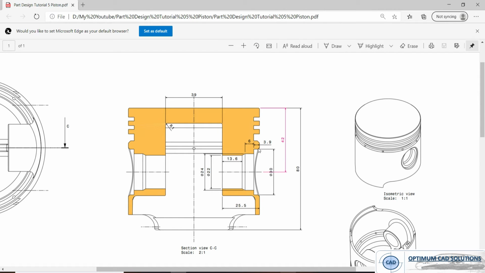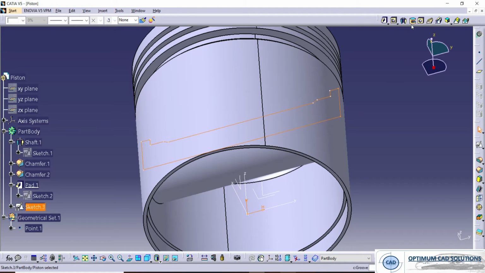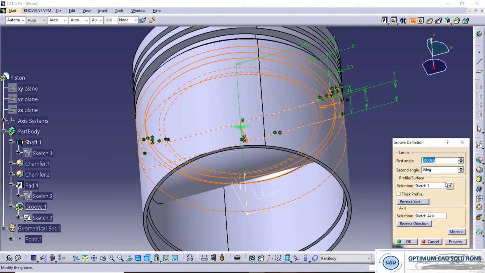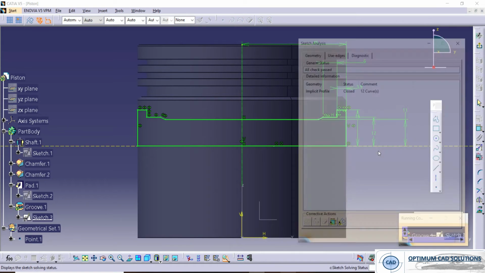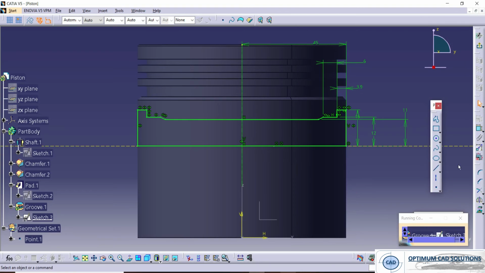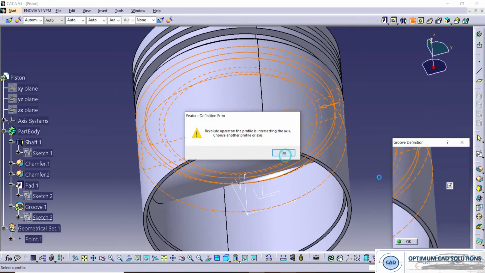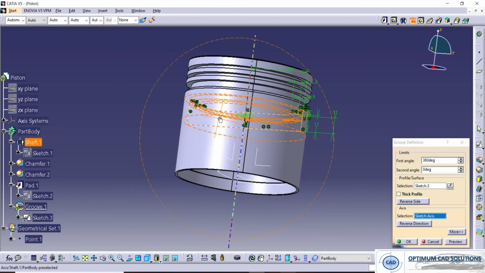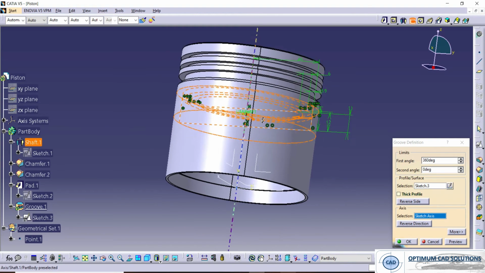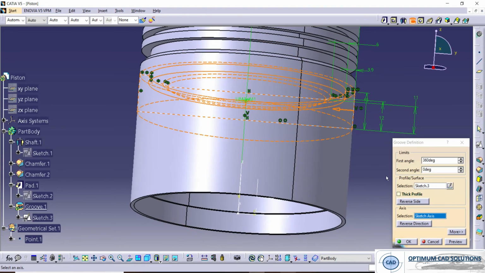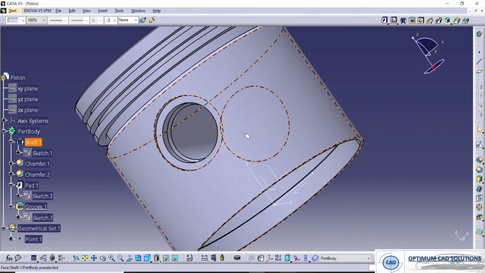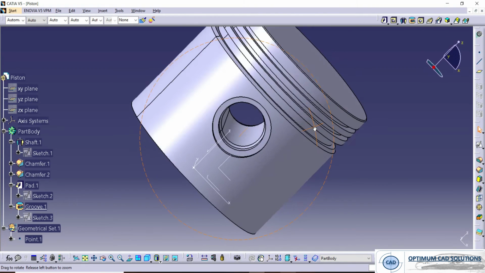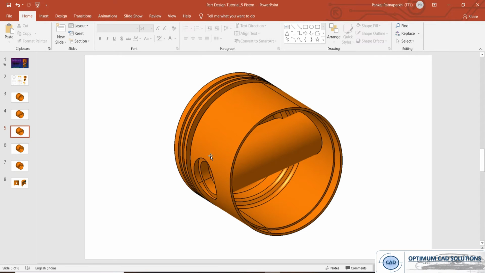So this internal removed cavity gets designed. So we'll use the groove command. So there is some open sketch in our CATIA. So let's check. So it is closed. Okay. So we need to give the axis. So here the groove gets completed. So from the figure, this third step gets completed.